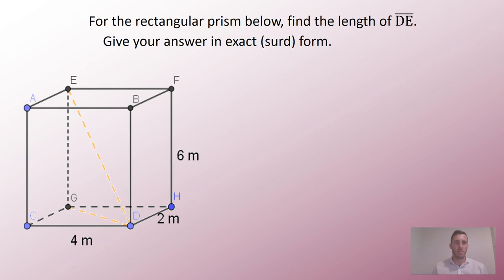For the rectangular prism below, find the length of DE. Give your answer in exact surd form. It's important to try to draw any of the identified right-angled triangles using a separate diagram first. In this example, we can't find the answer of DE straight away because we don't know the answer for GD. So we've got to find GD first. So we draw the triangle CGD, which is on the base of the rectangular prism, and then we can solve